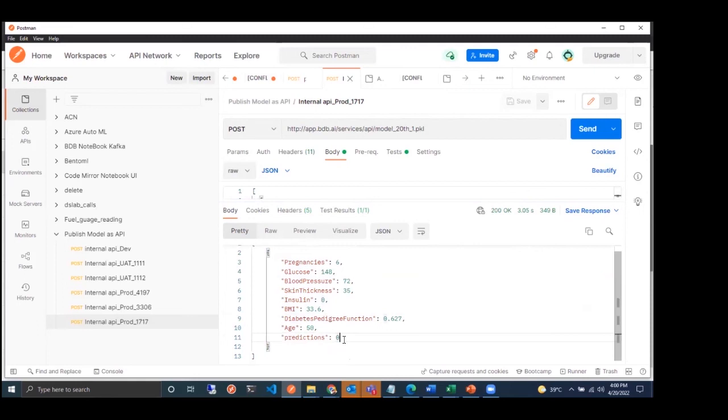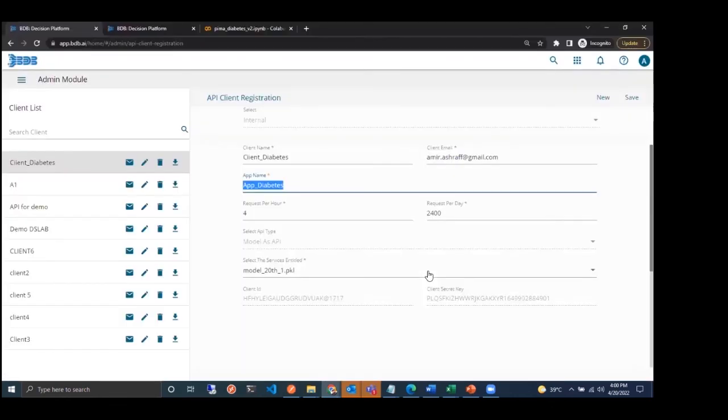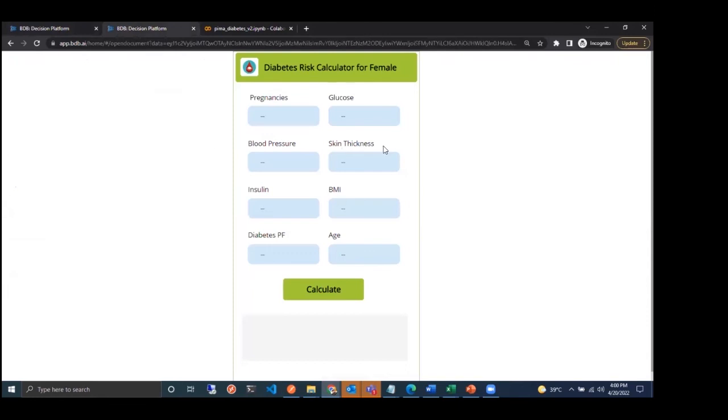Now, how do we use this model as an API? What would be a sample application for that? This is something that I had talked about. You can see this is a sample mobile application. Let me enter some values here. Glucose could be 200, blood pressure could be 90, skin thickness could be, sorry, skin thickness could be 35 mm, insulin could be